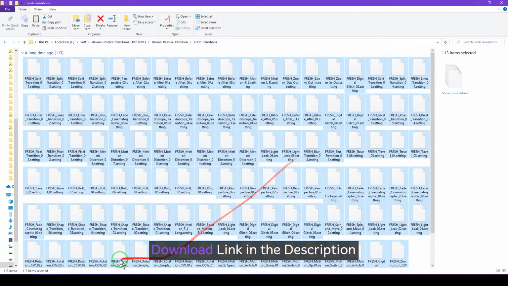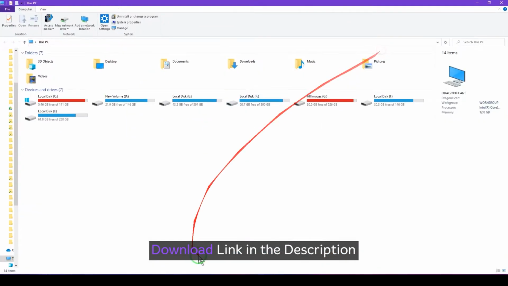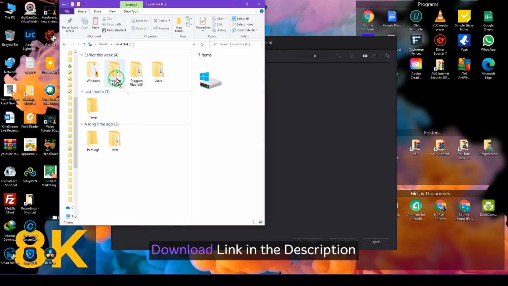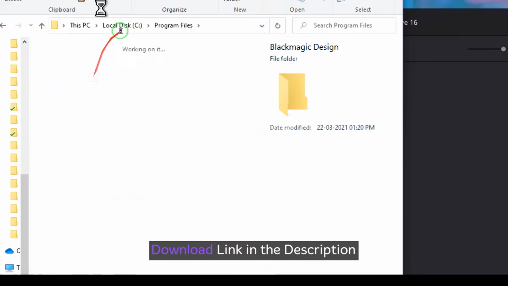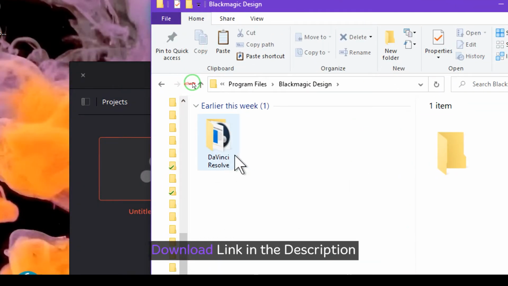Thereafter, go to this PC, then to the C drive, and inside the C drive there is a Program Files folder, and over here you will see Blackmagic Design. Open this folder, and here you will see DaVinci Resolve.